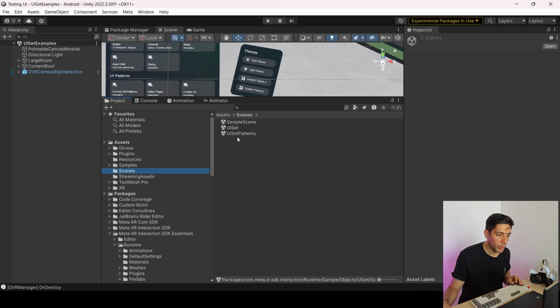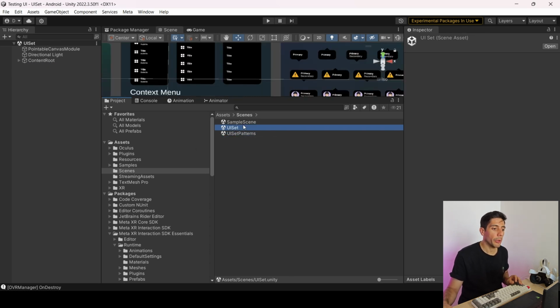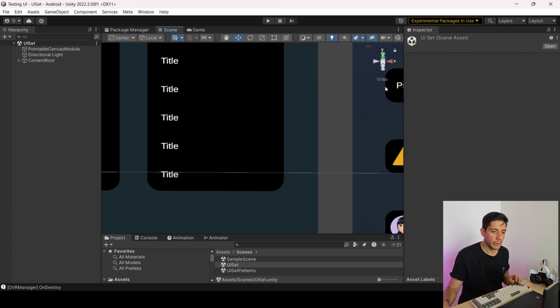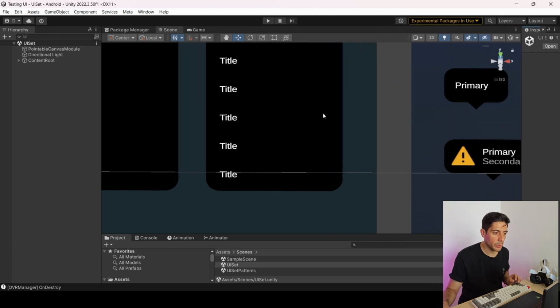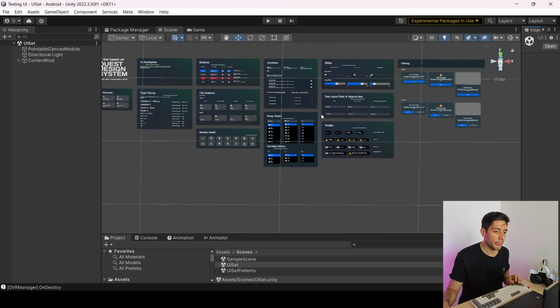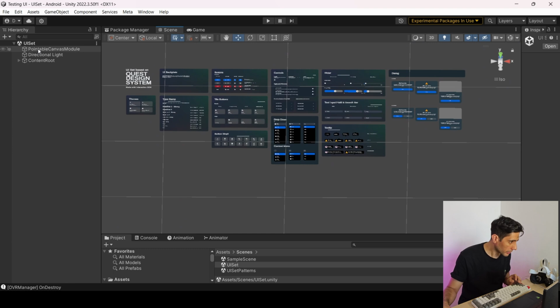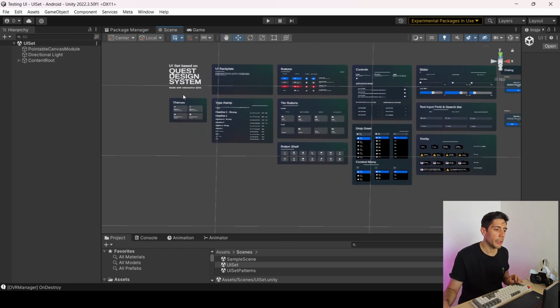For example, I copied them and went to Assets, Scenes, and pasted them in my scenes in Assets. Once you put them in the scene folder, you can open them. If I open them, you will see this is not a VR-ready file, because in the hierarchy on the left there is no player,